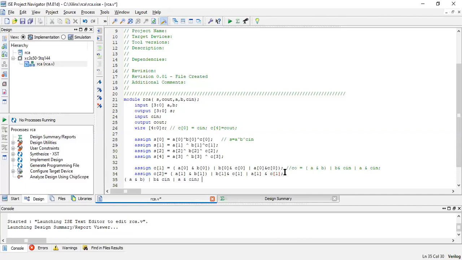I will write the third one. So what is the third one again? I will write assign C of 3.